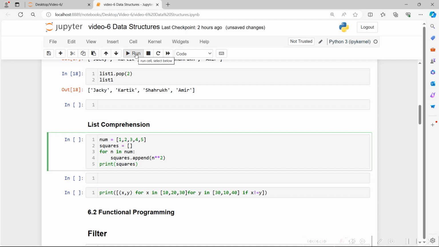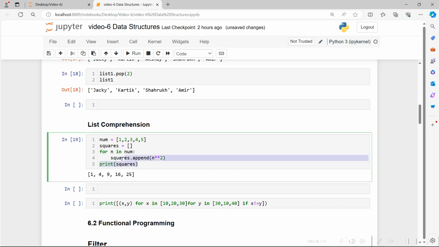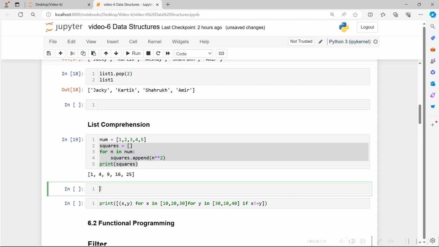Let us see what we get. We have got 1, 4, 9, 16 and 25, the squares of 1, 2, 3, 4, 5. Suppose you don't want to write so many lines of code, there is a very simple list comprehension available for us. We will write squares is equal to,